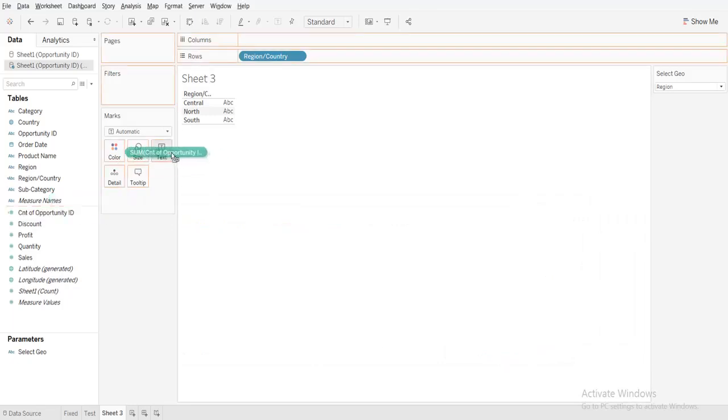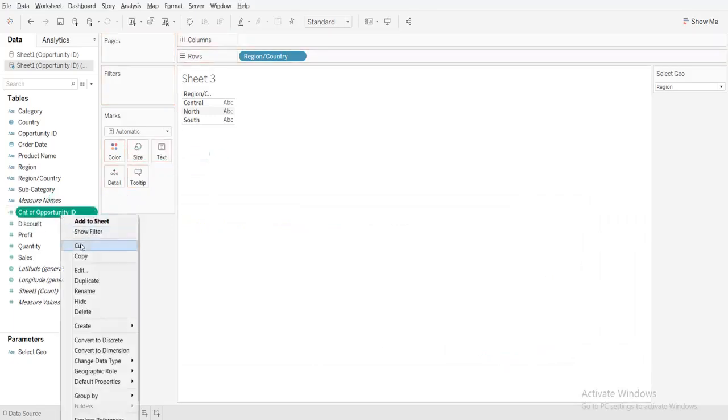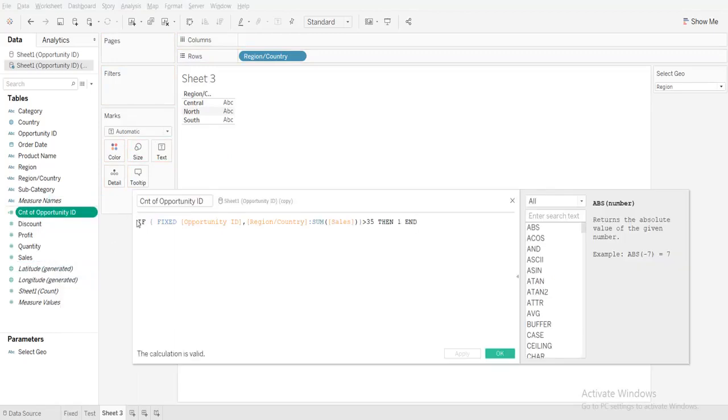I'm just dragging. Okay, I need to write a count D function. So what it does now is, if the fixed opportunity and region, this sum of sales, is greater than 35, then give 1, else null or 0, end.